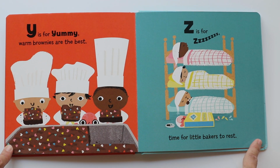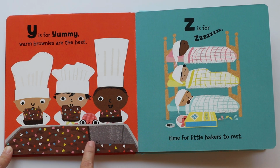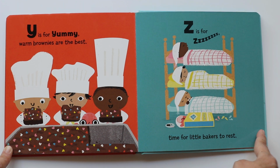Y is for yummy. Warm brownies are the best. Oh, they sure are. I have to agree. They're all eating. Look, they took a nice little chunk out. And they're all eating it. Oh, what about Mitten? Z is for